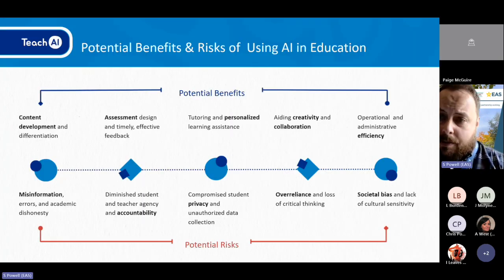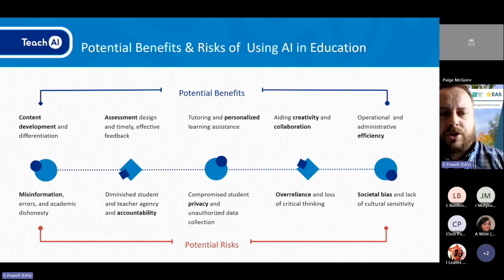So we'll go over this a bit more in our session next week, looking at guidance and policy, but you can see here some potential benefits that we've already highlighted, but also some of the risks of using AI in our school, which is why it's important to highlight that if you're going to use AI tools, use the ones in Hub, or if you're using anything external to Hub, that you've done a proper LA GDPR check. They will do something called a DPIA, which is really important. That is basically just understanding that the data you share with those tools is not going any further. But those potential risks of using AI, you can see there across the bottom.